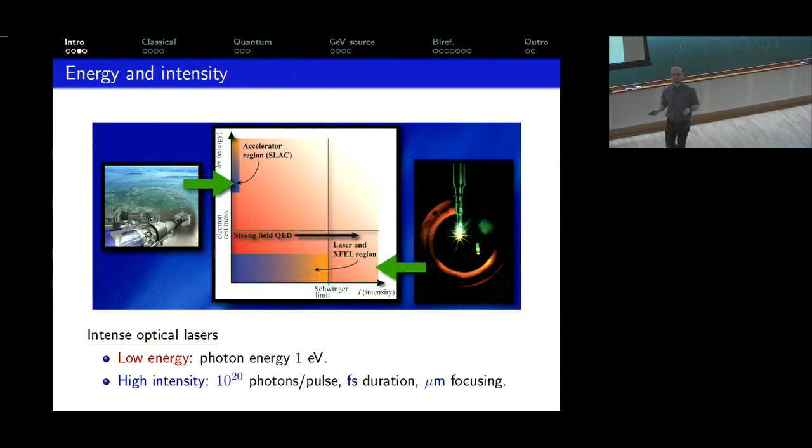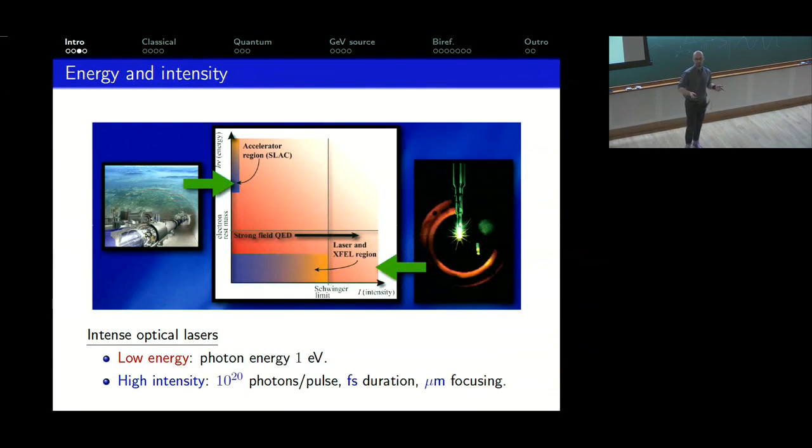When talking about fundamental physics, we're used to thinking about high energy accelerators like the LHC and going to ever higher energies to access new physics. So there's a graph with energy on the vertical scale. And at the LHC, for example, you collide very high energy particles, but relatively few particles together, and you see what happens. So if we plot energy versus intensity, then the accelerator regime is over there.